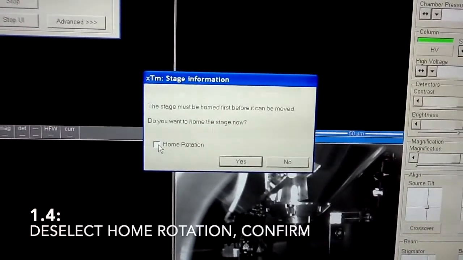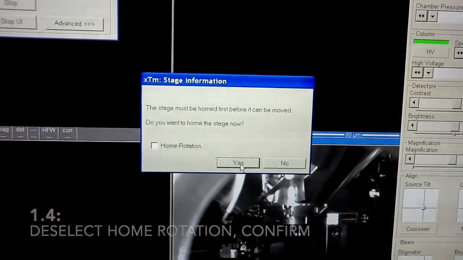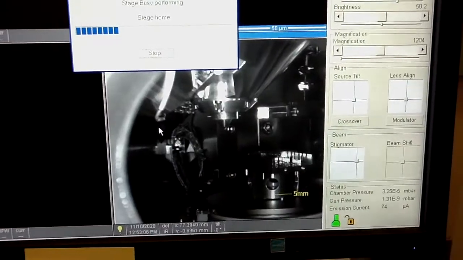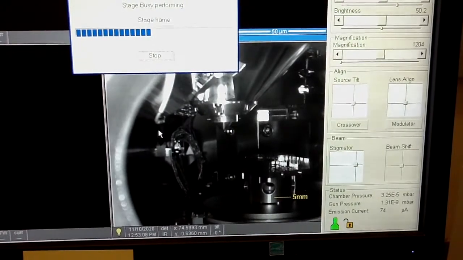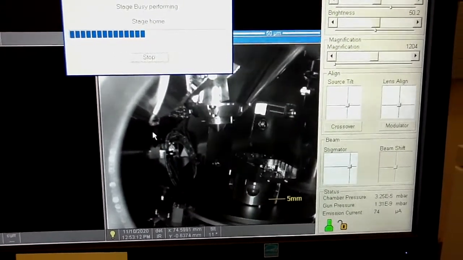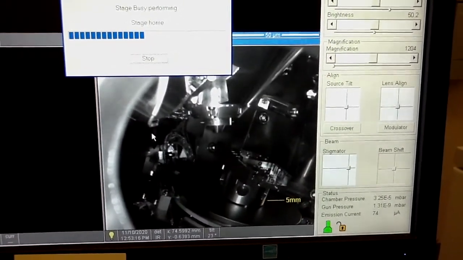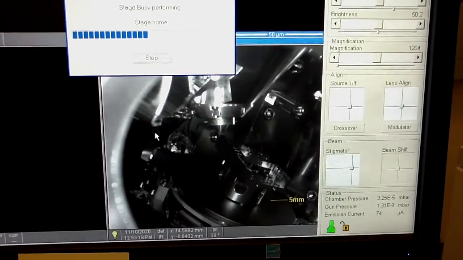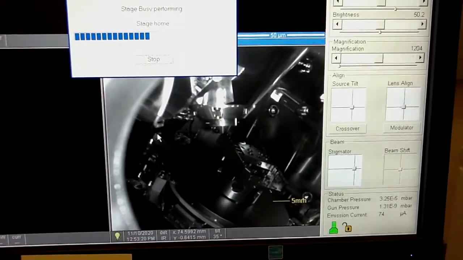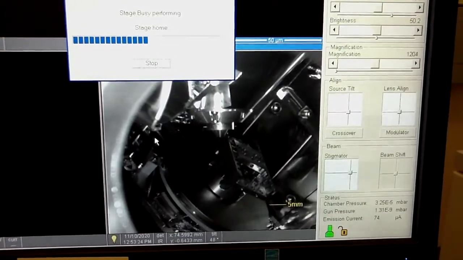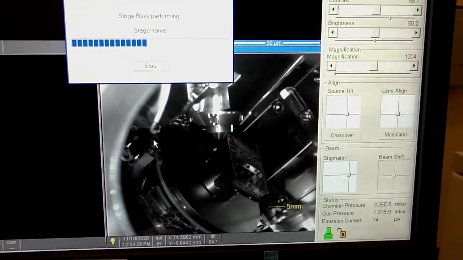So I have unchecked this box and then I just hit yes. The stage will move back, it will tilt, and it will come back again to its original position. And that's when we know it has homed. It will also clear this pop-up that you're seeing right now on the screen.